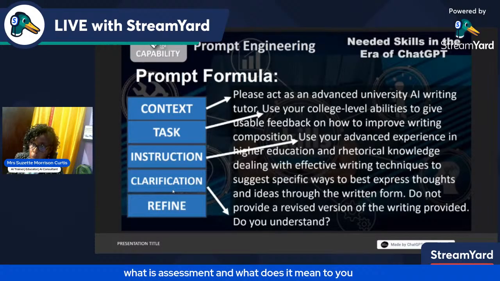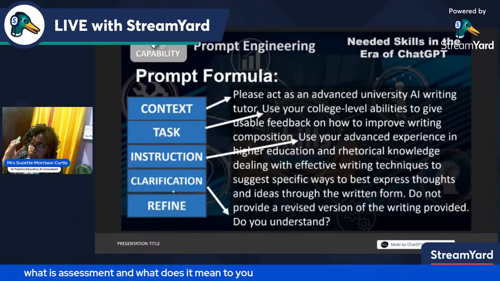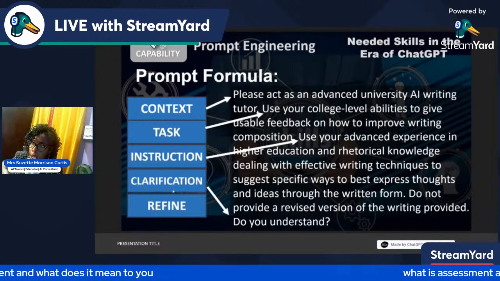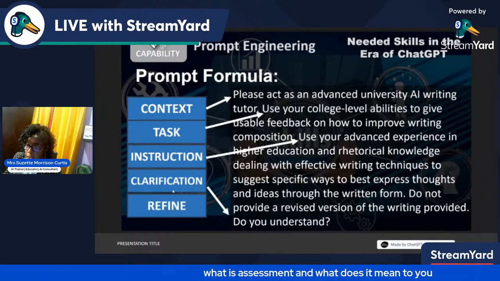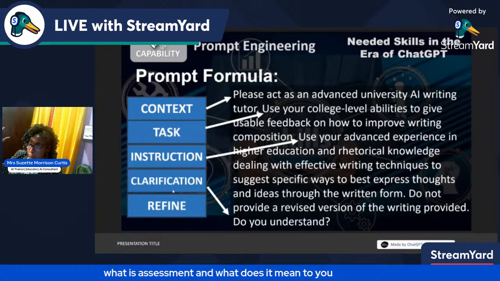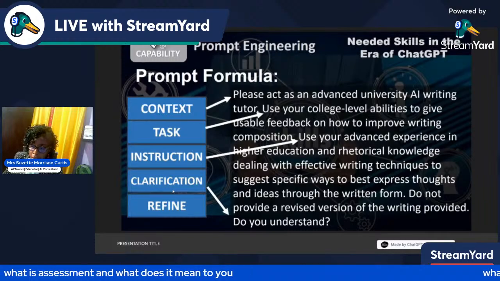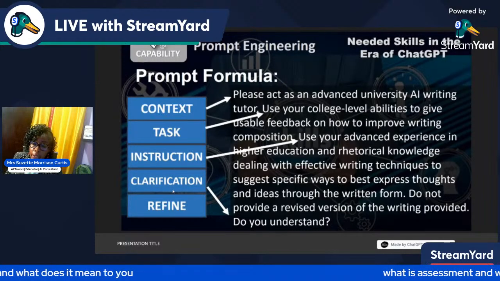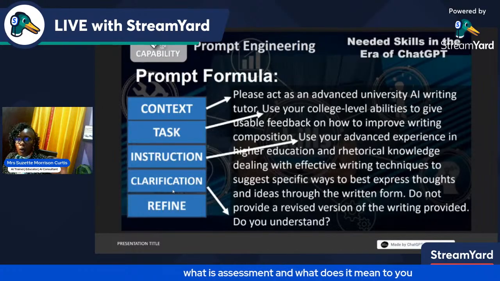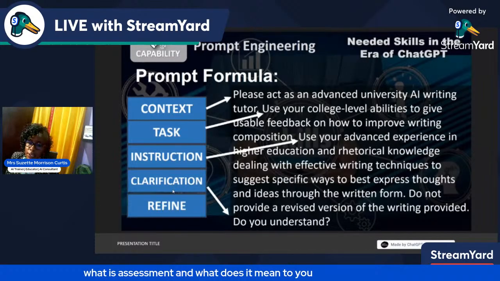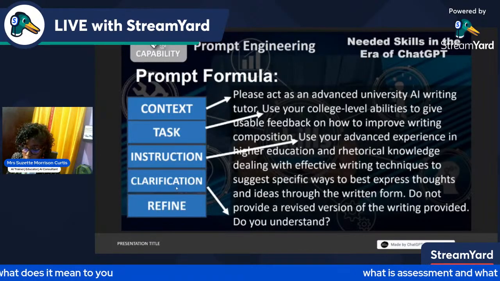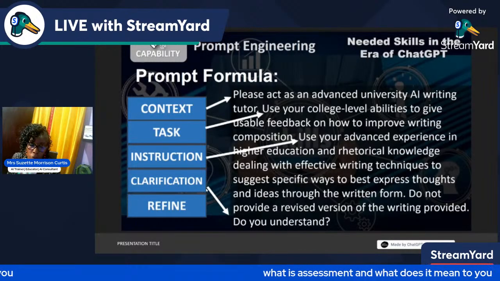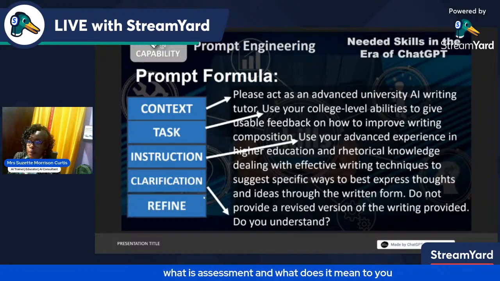What you want it to do is the context. Give it the task, exactly. You're acting as something. I want you to do this. I'm giving you specific instructions to get it done, and I'm going to clarify. And you can also ask it to give you clarifying questions to make sure that the information it's giving you is up to 95% accuracy. I can't say 100 because it's an instructional tool, and it's prone to weaknesses and mistakes.